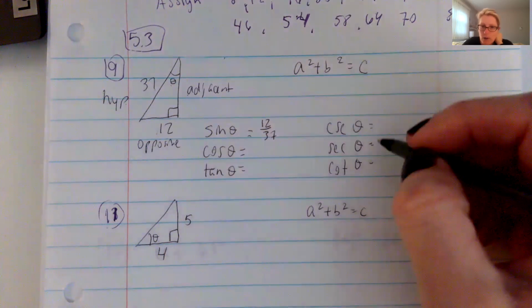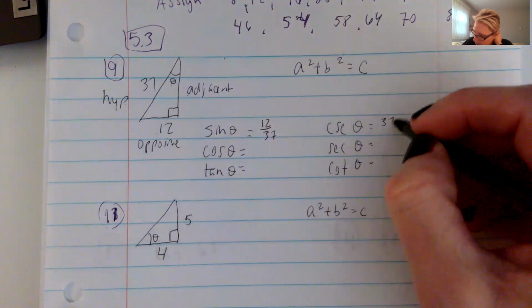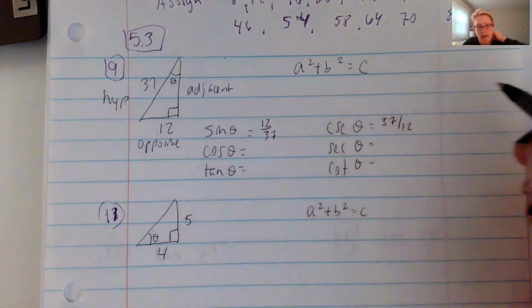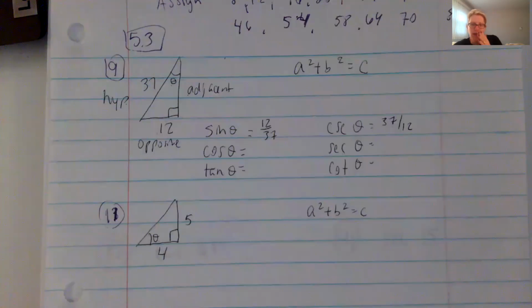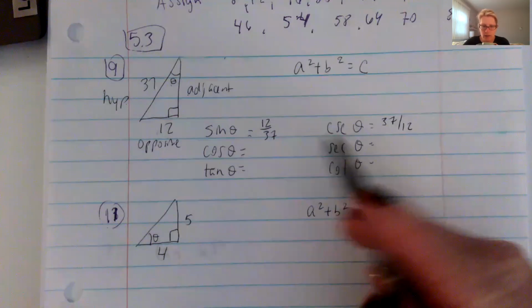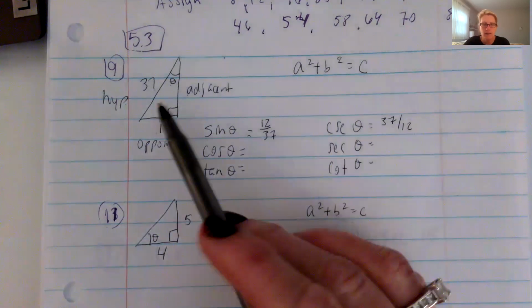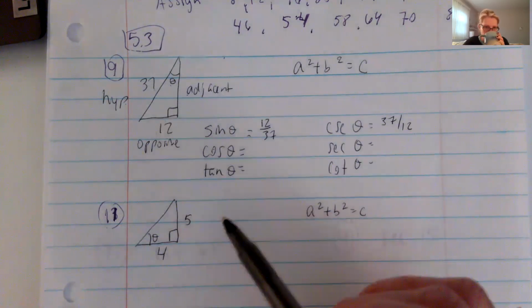And so that means we know cosecant because it is just the reciprocal. And it's asking us in the book for the exact. So you don't have to reduce these fractions, just leave them as is because they directly tell us something about the other sides, leaving them as 37 and 12